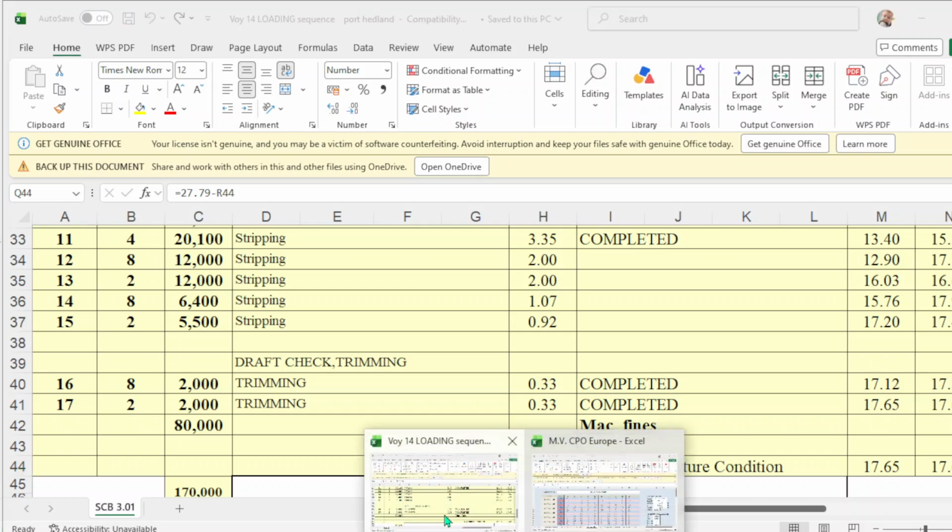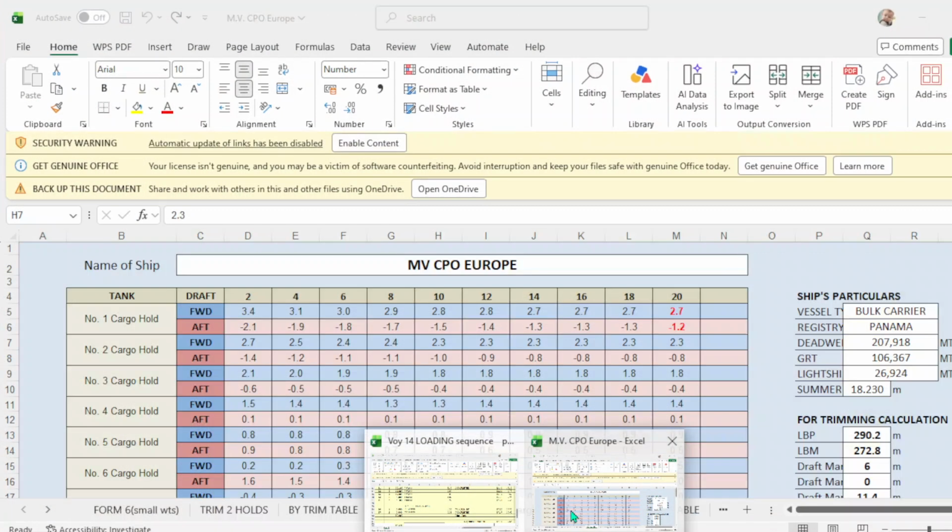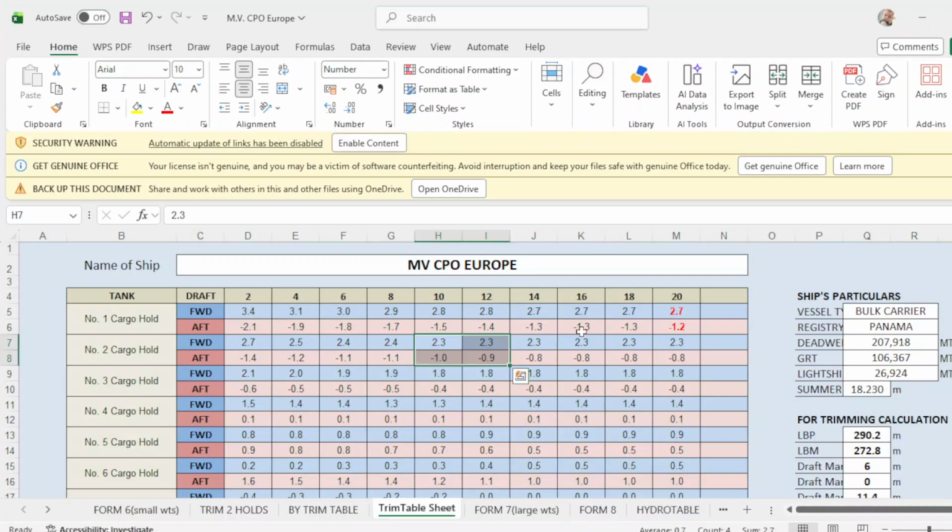Go back. 1765. So we go to 18, almost 18. So I go here, hold number 2. You put the red or yellow, whichever you like.